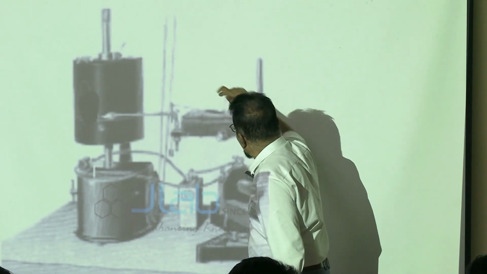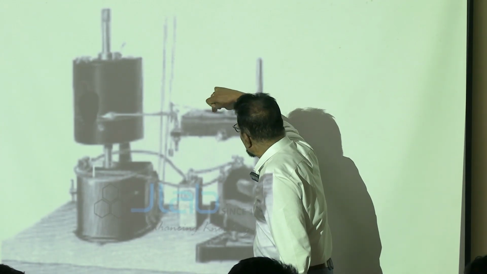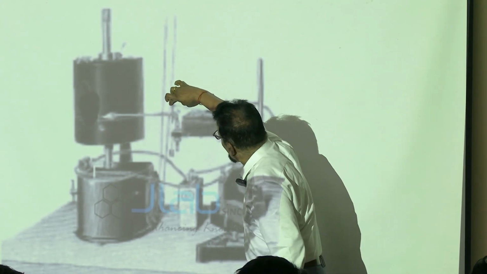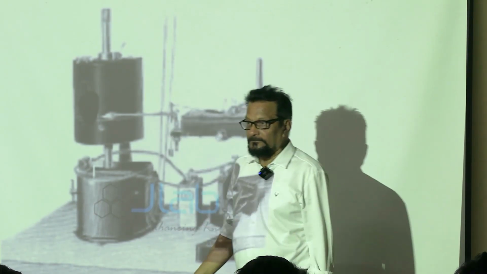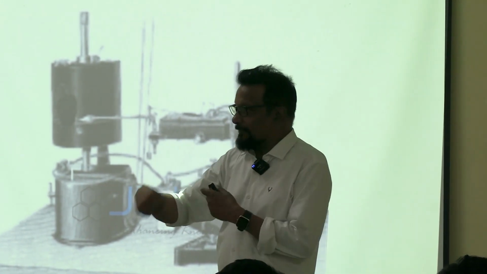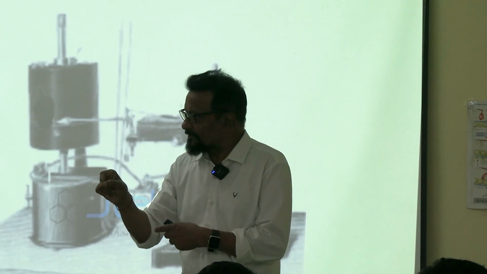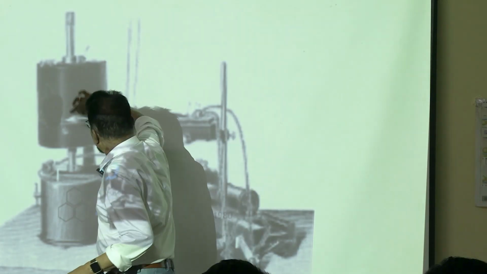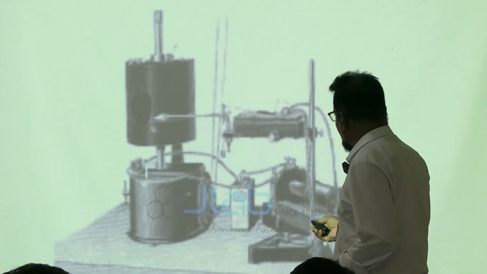Now, if I give the stimulus, the current, what will happen? The muscle will be stimulated and it will shorten. If it shortens, it will pull the short arm. As a result, the long arm will move upward. So I have given the stimulus once. Immediately after contraction, for a short duration, the muscle will relax. So again the stylus will come down to its original position. As a result of this, you will get